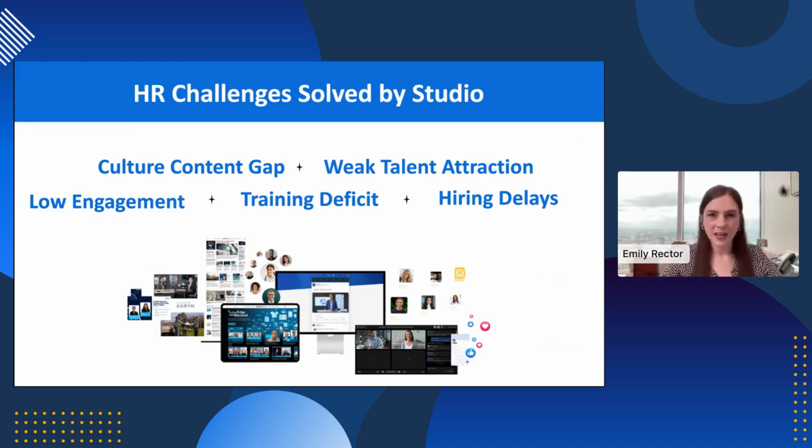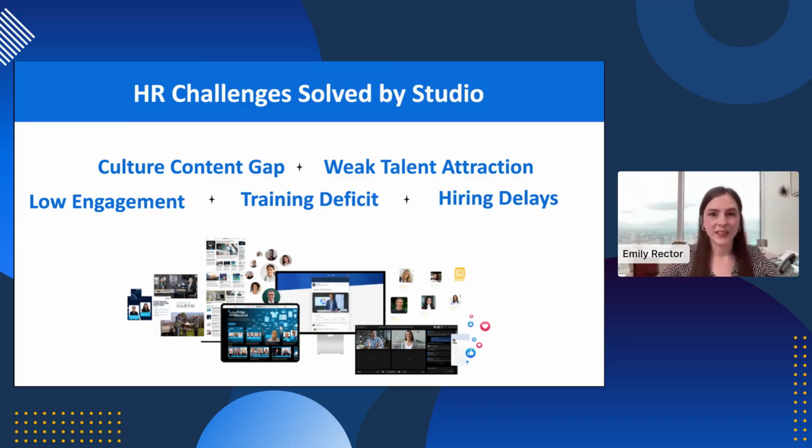A lot of the times in the HR world, we may not be super adept in media creation and editing videos and doing all these things. Studio gives you the platform to create content, to record content or upload content directly into the platform. It's then edited by our professional video editors. And I'll go throughout this webinar and tell you more and more about it, but there are so many different features that help you collect the content from your employees, from your community, to help create this engaging culture content that will in turn address our next challenge here, which is weak talent attraction.